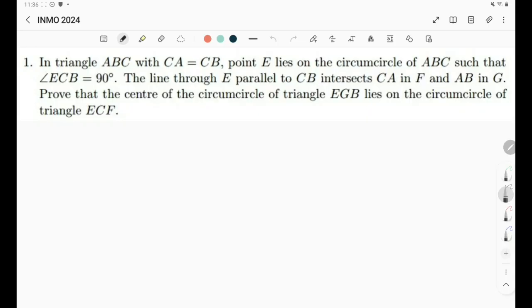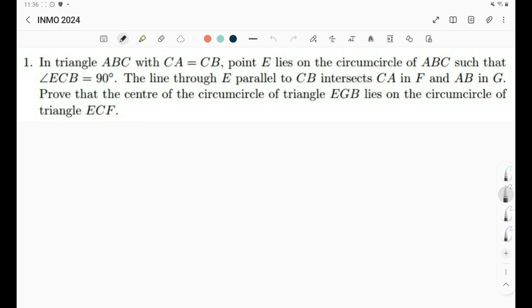Alright, so the first problem is a geometry problem. We're given a triangle ABC, an isosceles triangle, so CA equals CB, and then we're given a point E that lies on the circumcircle of ABC, such that angle ECB is 90. Then from this point E we draw a parallel to the side BC, so that it intersects CA and AB in F and G respectively. We need then to take the center of the circumcircle of EGB